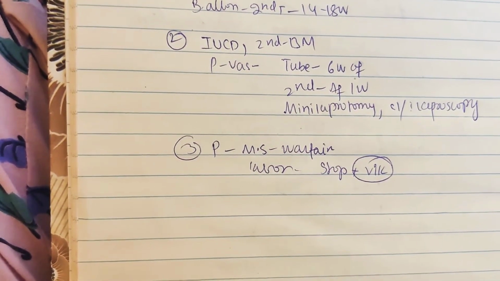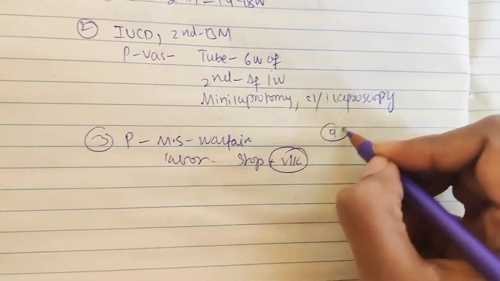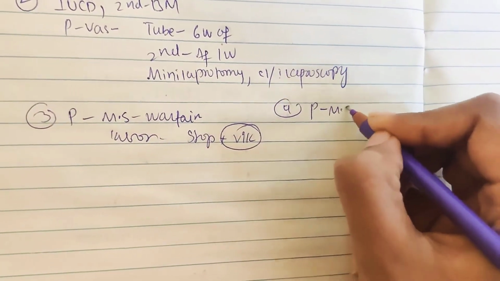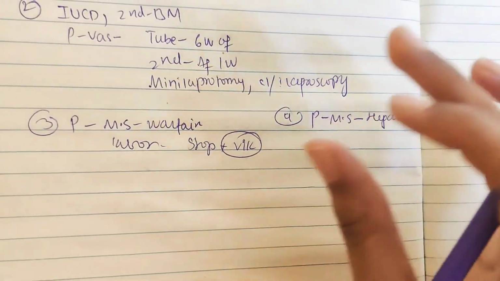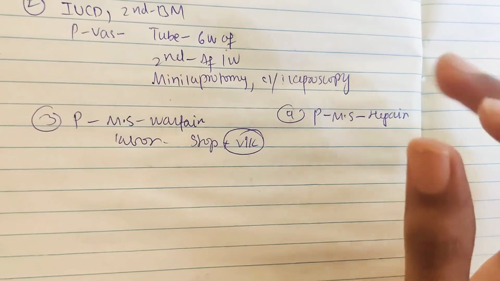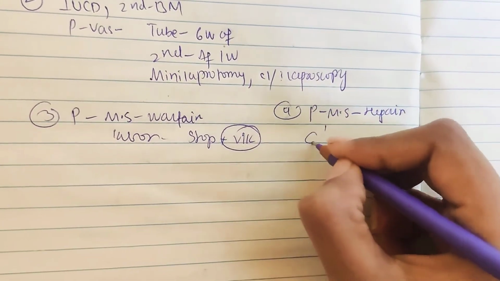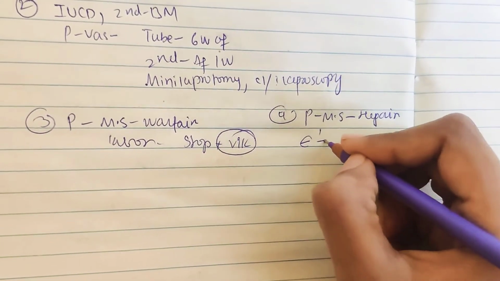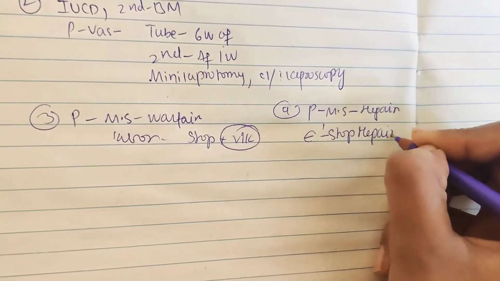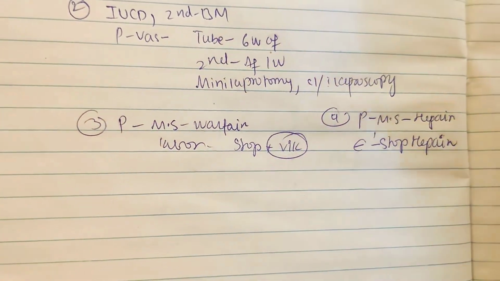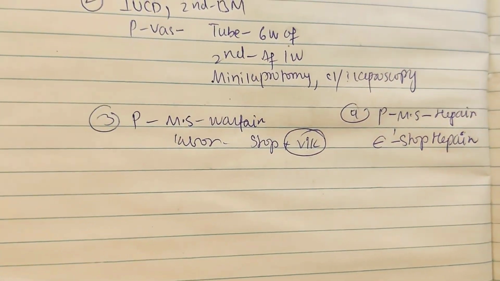So if the patient with mitral stenosis, another patient, is on heparin, not on warfarin, heparin will not cross the placenta. But when this person goes into labor, it's better to stop heparin, that's it. But no need to give any vitamin K. But in the case of warfarin treatment, we need to give vitamin K. Now coming to fifth